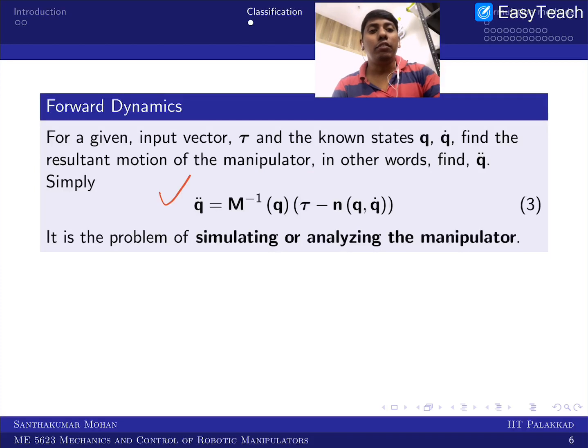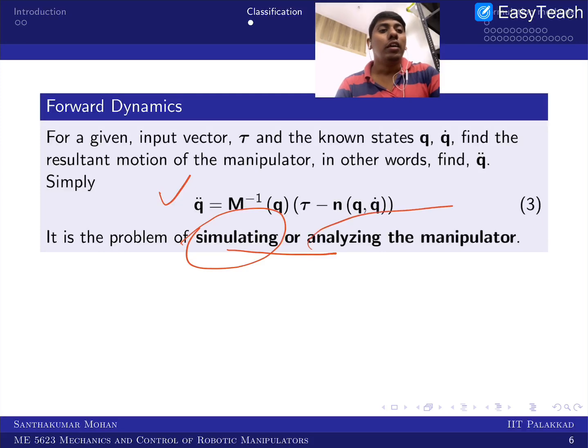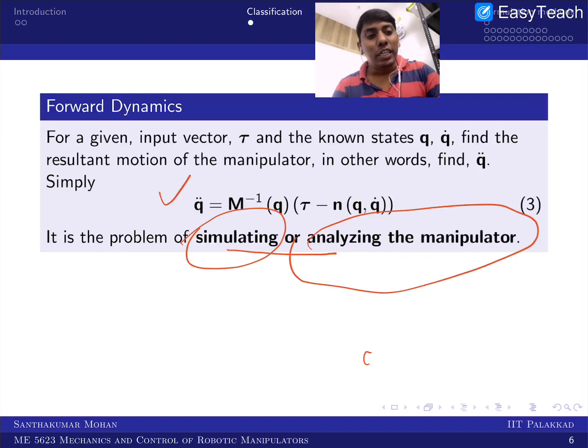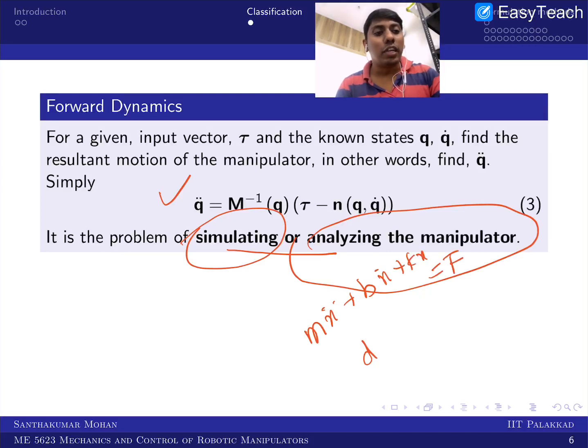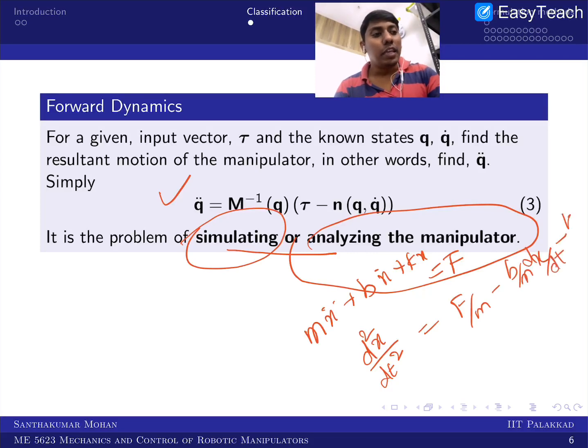So if I give this equation, I am trying to do this. You are mathematically simulating the system, or physically you are analyzing the system, right? So now why are we rewriting? Because I am writing in a general way: m x double dot plus b x dot plus k x equal to f, because I assume that you have studied this in your undergraduate. If I write this equation like this, x double dot equals F by m minus B by m times dx by dt minus K by m times x. Now we can see this is an ordinary differential equation, and in this case a linear ordinary differential equation.